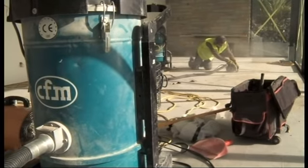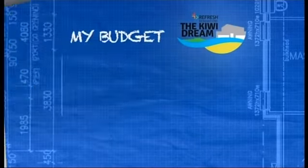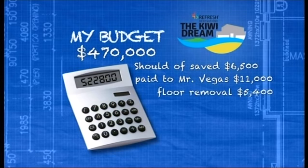Which brings us to today, and the news only gets worse. I originally thought we were saving $6,500 by using this guy on this job. I paid Mr. Vegas $11,000 and then found out the job was useless. This is now dead money. Mike now tells me there's no choice but to rip up the whole job and start again at a cost of